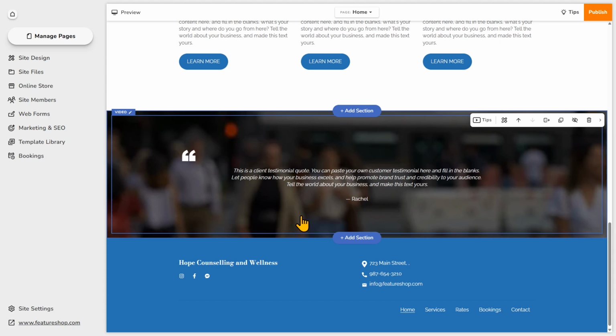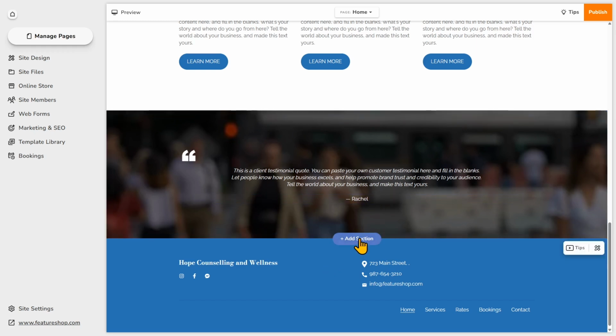And I've created different website tutorials for Website.com to show you how to edit each section. But because this template has most of the sections on the homepage that follow that structure I just outlined, we just want to add one section above the footer. So to do that, I'll click Add Section right here.